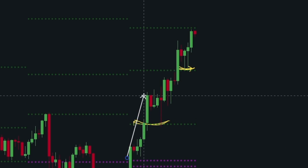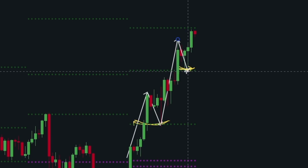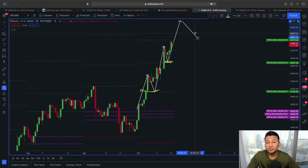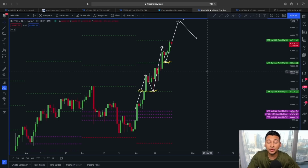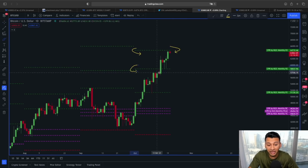You can see it broke out, pulled back, found support at this monthly R1 line, again started a new rally to the upside, a corrective move, found support at this R2 line, and now what I'm actually expecting is a pretty similar scenario before price chooses an actual trend direction, because for the immediate short term I think the 68,000 to 70,000 price range would make a lot of sense, because right now we are approaching the monthly R3 line, and the monthly R3 line, the monthly R2 line, they are going to be